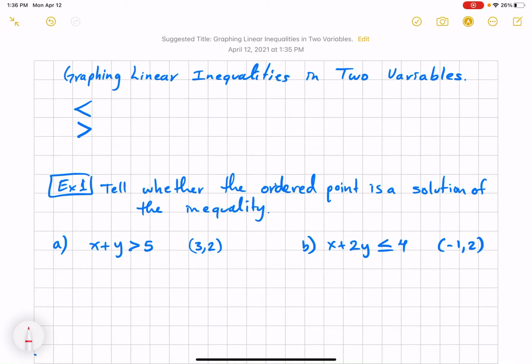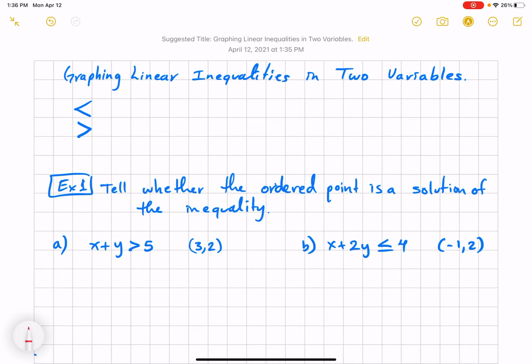Hello class, in this video I'm going to show you a few examples on how to use linear inequalities and how to graph them. First of all, remember that the inequalities are less than, greater than, less than or equal to, greater than or equal to. So the most important part is to understand which symbol is used for less than and which symbol is used